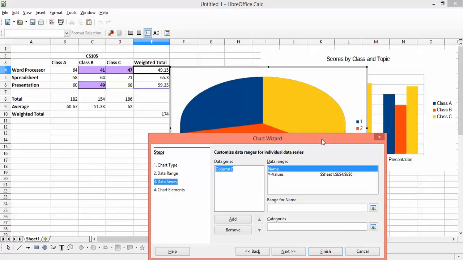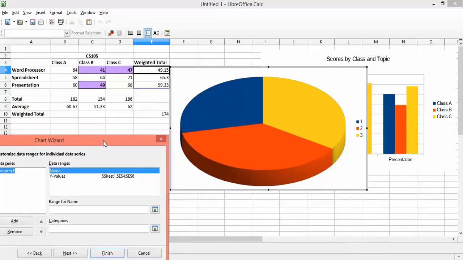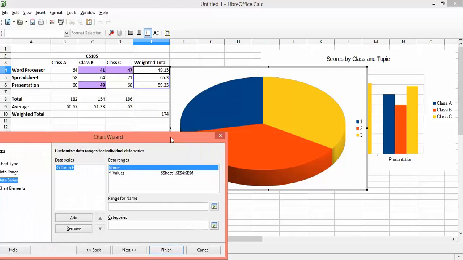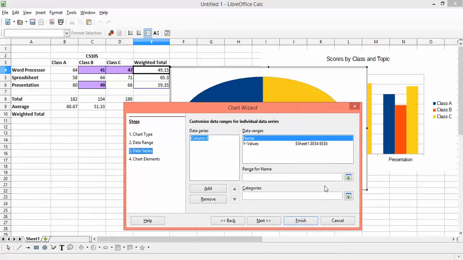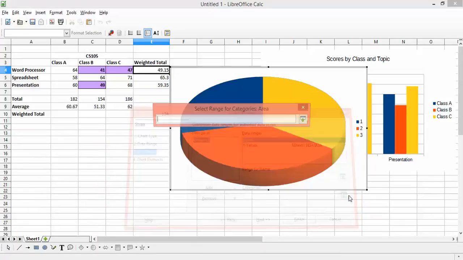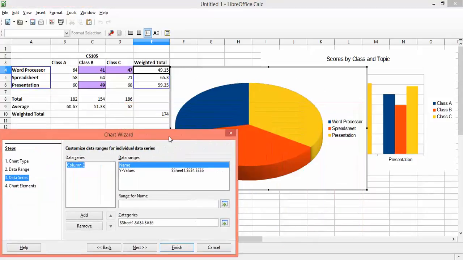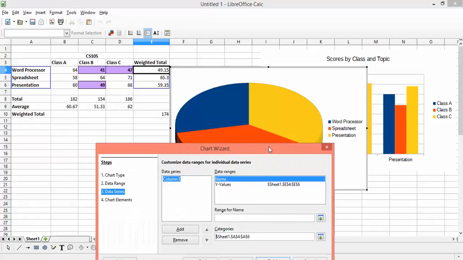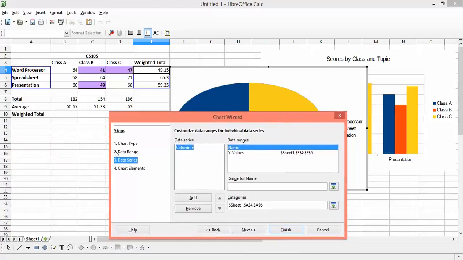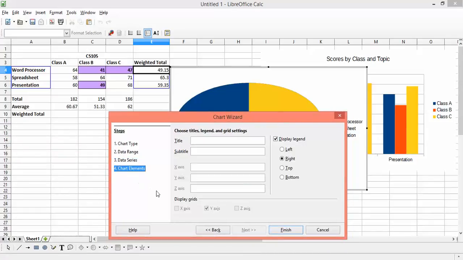If we take a look at what's on the chart, it's nice, it's pretty, but we have 1, 2, and 3, and that's not what I want. I want the categories. The categories are my word processing, my spreadsheet, and my presentation. So if I look here, here we go. Alright, and then I can do data elements. Okay, data elements, I can say topics,